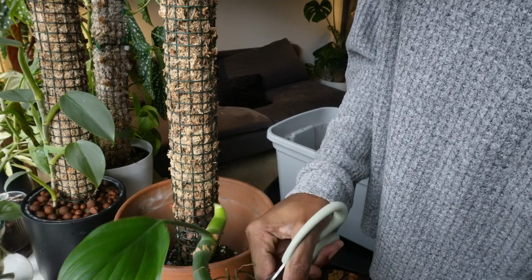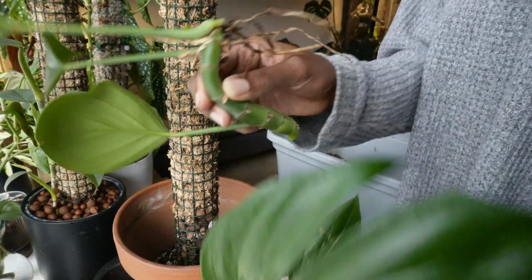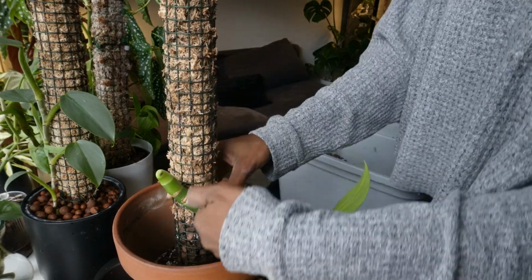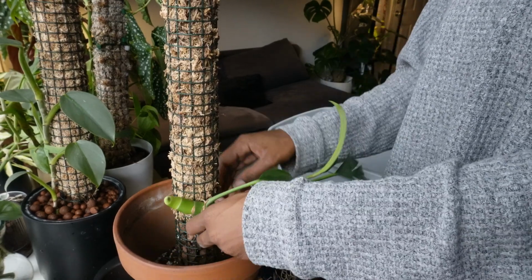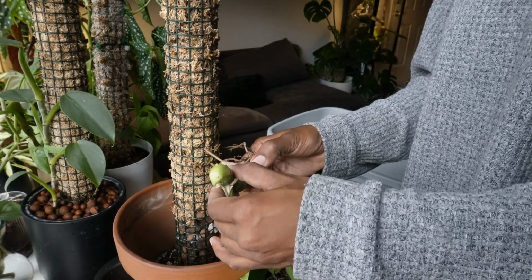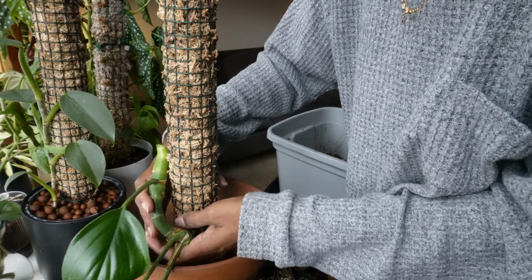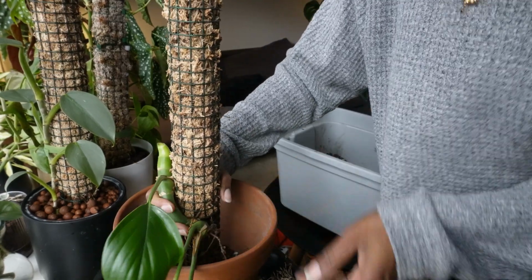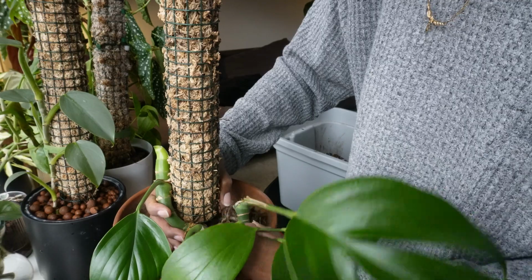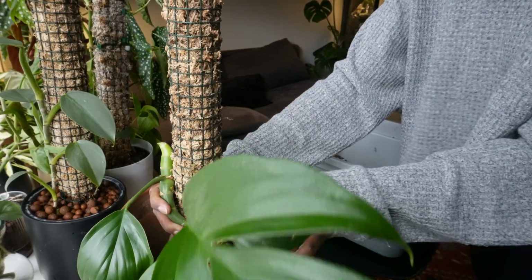Dang, this thing is thick. Shoot. That thing was thick. I was able to cut it, and I was also able to keep a piece intact. So that's what we're gonna do. I know I can't bend it. I be trying to do the most, but here we go. That's what we got. One piece there, and the rest is gonna go a little lower right here, and we gonna see